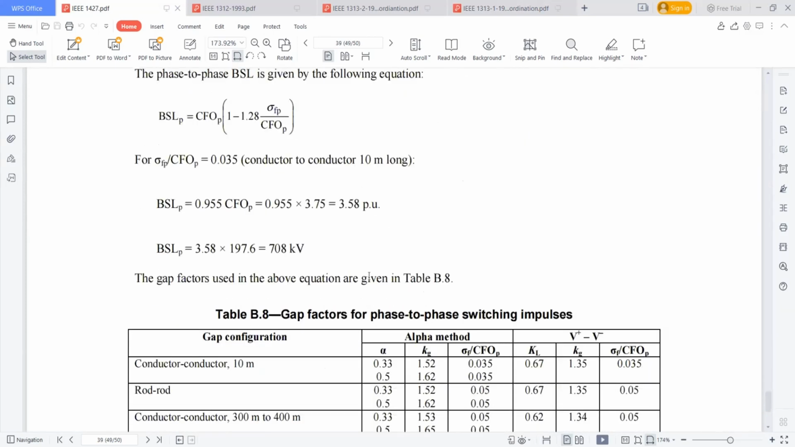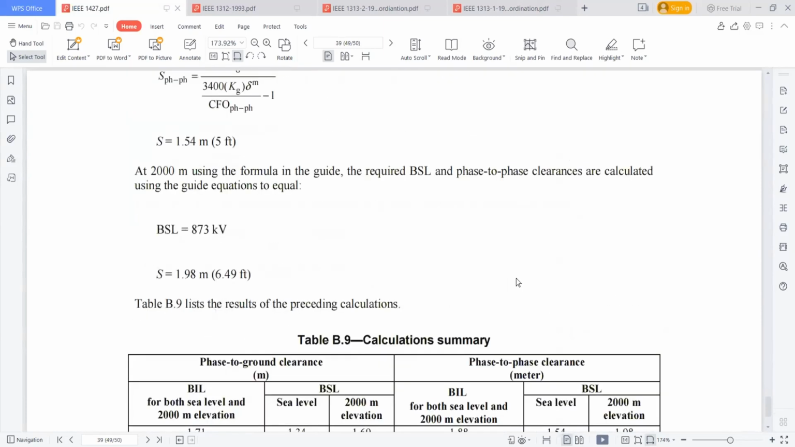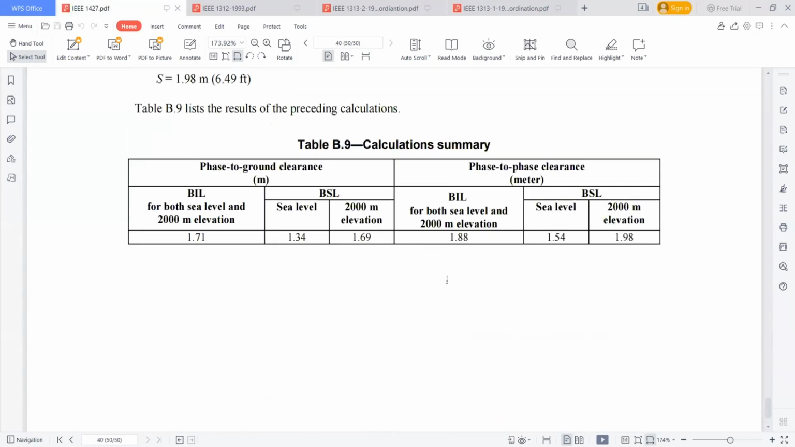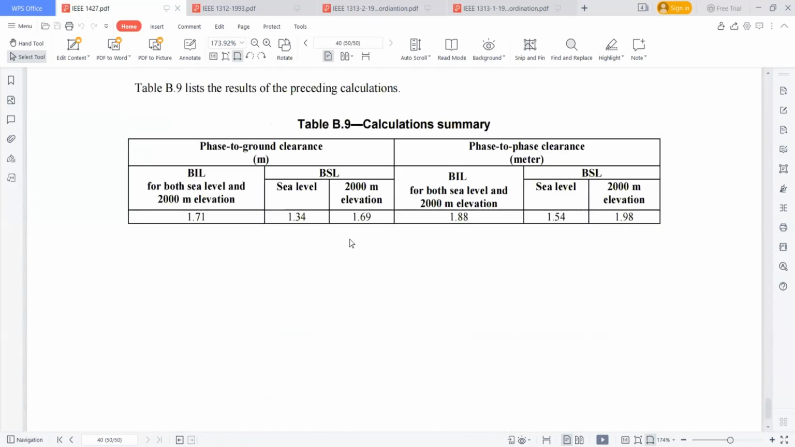And from this, these are the BSL levels found. And to calculate the phase to phase clearance from the BSL, one formula is there. Suppose you know the BSL level of the substation, then the formula is 8